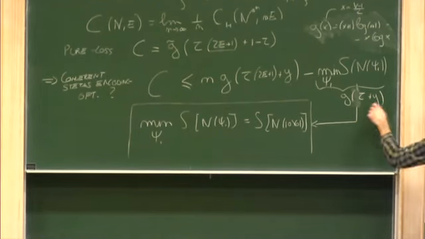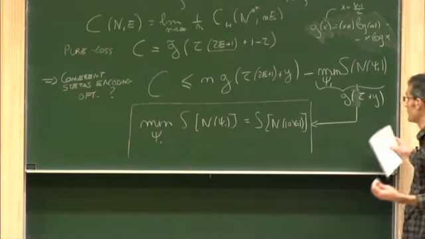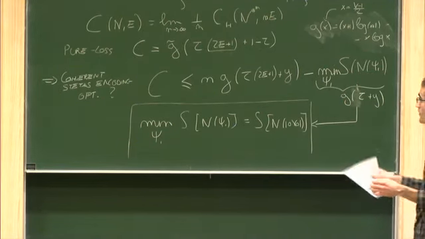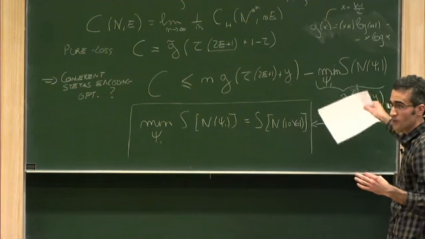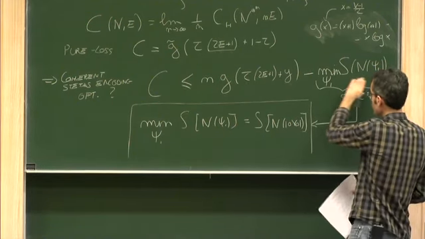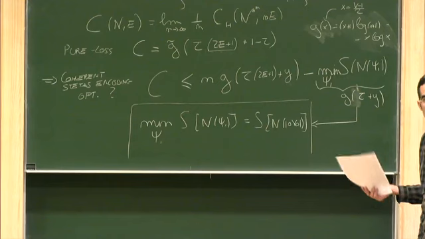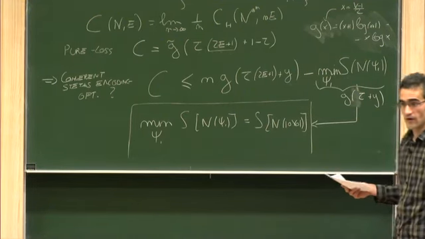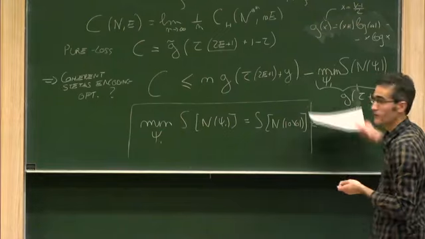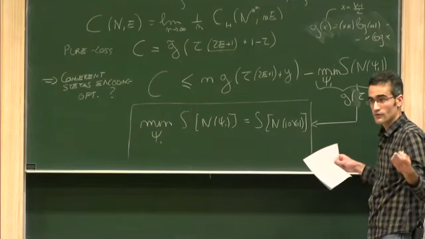Which in the case of the pure loss happens because it's a pure state. This is 0. The minus part is 0. So the approach is the following. You find an upper bound, and then you conjecture that vacuum is the one who minimizes this output entropy. And then what was before a lower bound, because the coherent state encoding is always a lower bound, the rate corresponding to coherent state encoding will be equal to the upper bound you just get if this conjecture is true. So if you prove this, what you get is an equality.